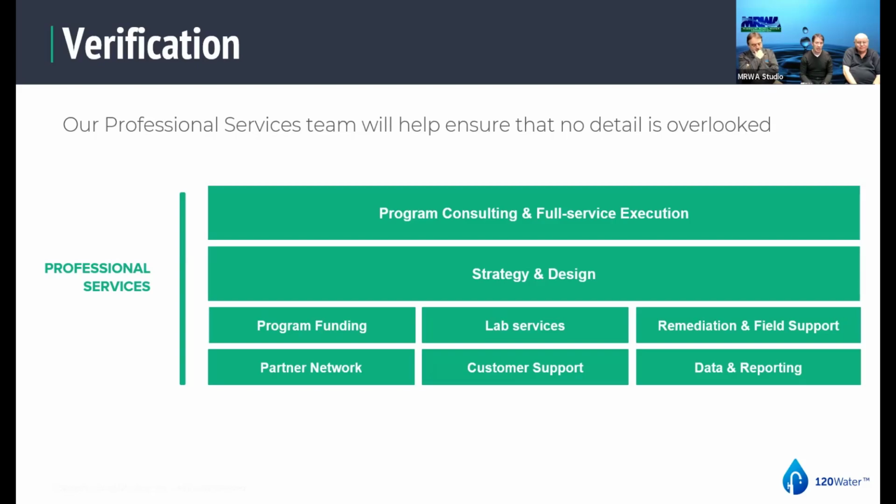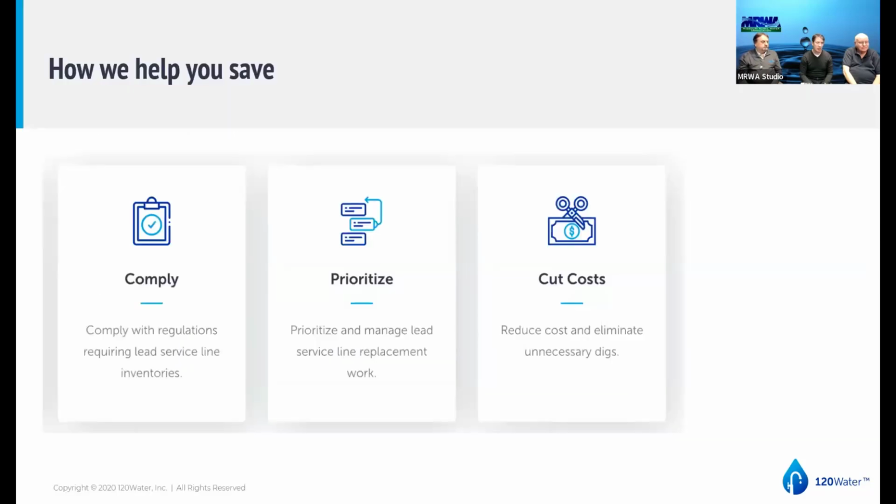Next slide, Andy. So again, I'm trying to keep this to 30 minutes. I'm talking really quickly, but the whole idea is you need to begin complying with the regulations in some fashion. You need to prioritize your people and your time so that you know what the next 18 months are going to look like and beyond that. And then if you can, to cut costs, don't dig it back, have a partner that's going to help guide you through this so that it's as efficient and time cost effective as possible.